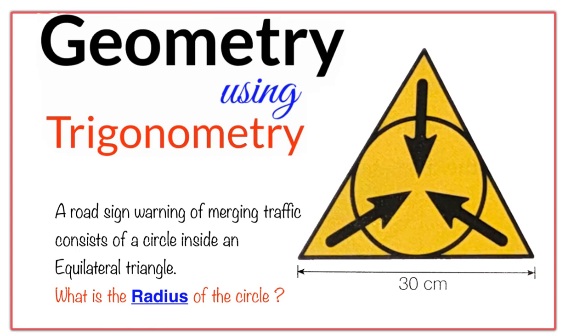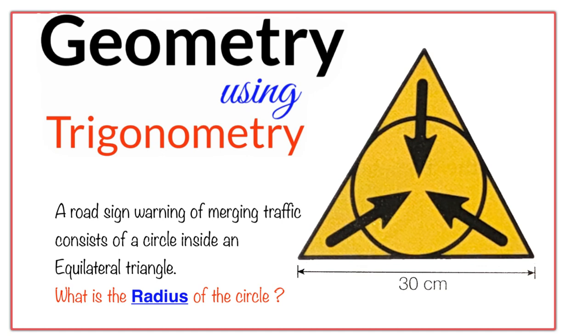In this video, we've got a road sign warning of merging traffic, which consists of a circle inside an equilateral triangle. And we want to know what the radius is of that circle. Well, there are a number of different approaches to do this. One of them is using trigonometry, and there's another one without using trigonometry. In this video, I'm going to use the approach using trigonometry, and in the next video I'll try to do